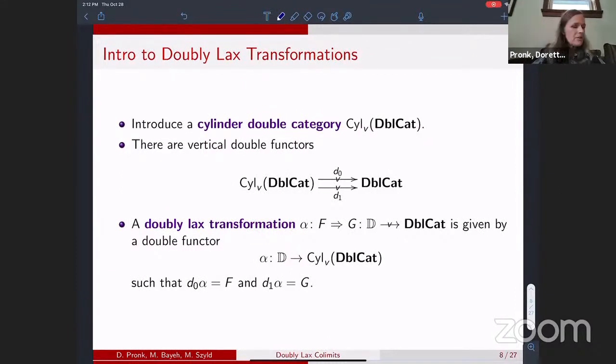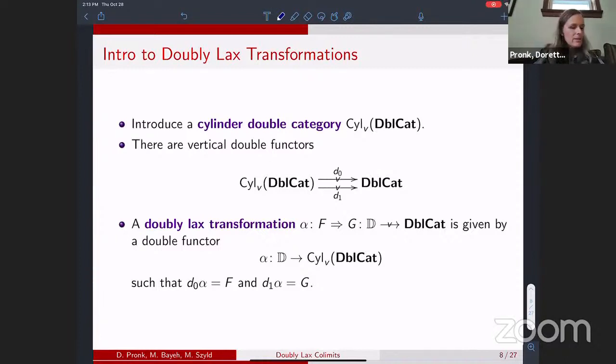This cylinder double category will come with two vertical double functors. Remember, those are double functors into Q double cat V, but we don't say that the whole time. So we have a domain and a codomain for that. So the cylinders themselves are a real double category, and so they can map with a vertical double functor into double cat. And a doubly lax transformation is then given by a double functor from D into the cylinder double